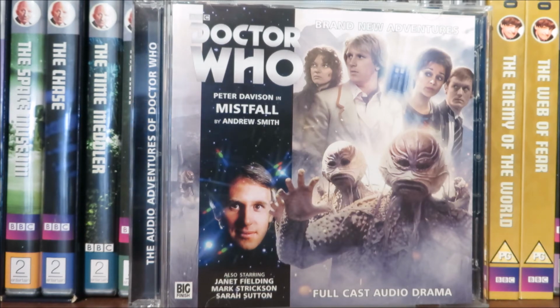Sarah Sutton gets a nice few little sections of her contemplating meeting her daughter, which is nice, but still, as I said earlier, totally underused. Mark Strickson gets a few nice bits with swimming underneath to find a passage to escape the cave, which is nice, but I definitely feel like those two characters are definitely